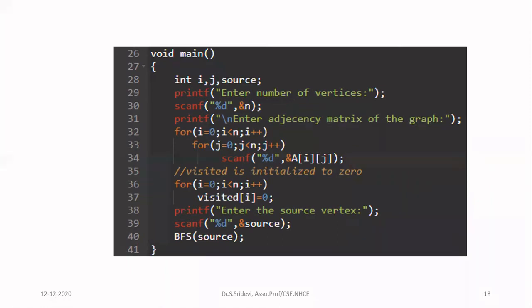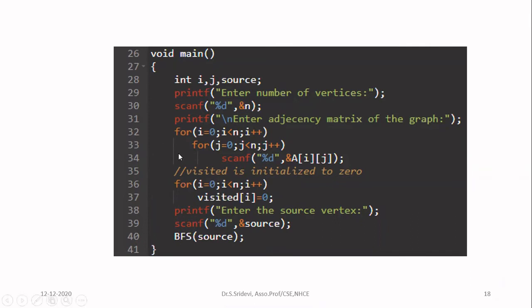But for this particular problem, our aim is we want to know whether there is a connection or not, whether I can reach a node from a given source node or not. I'm not going to worry about the shortest path. So let me consider the adjacency matrix with zeros and ones only. So if you have an edge, give 1. If you don't have an edge, you give 0. Okay, so while you're typing, you should be clear about all these points.